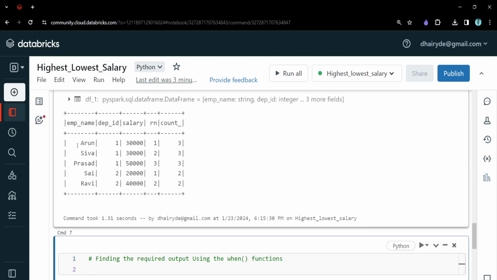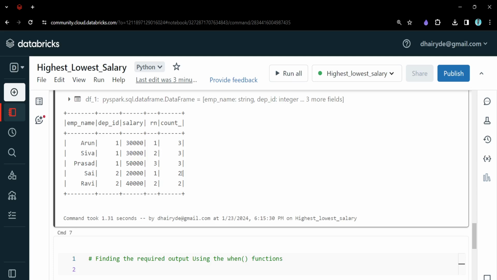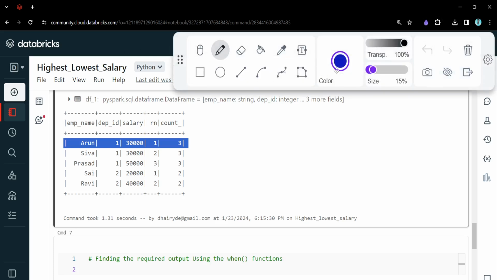Okay, now you can see in department 1 we had 3 employees, so the count is 3. And similarly for department 2 also. So if you see how we can find the output now, let's see. Let me explain it over here also a little. Okay, now if you see here,